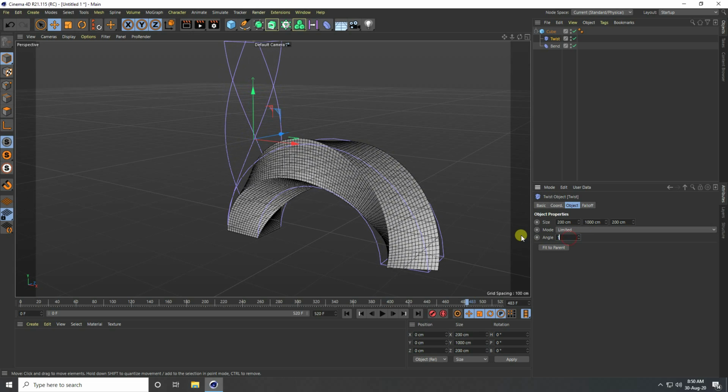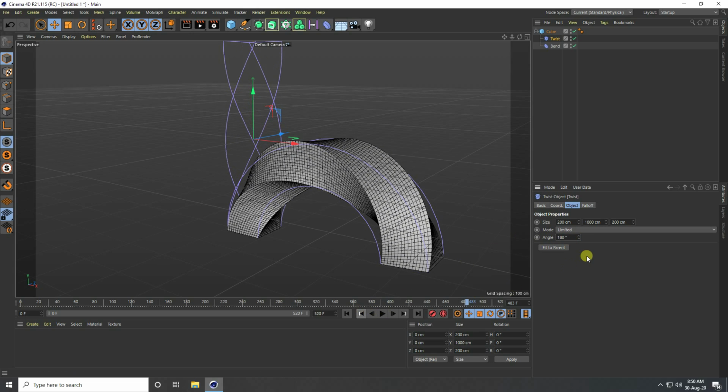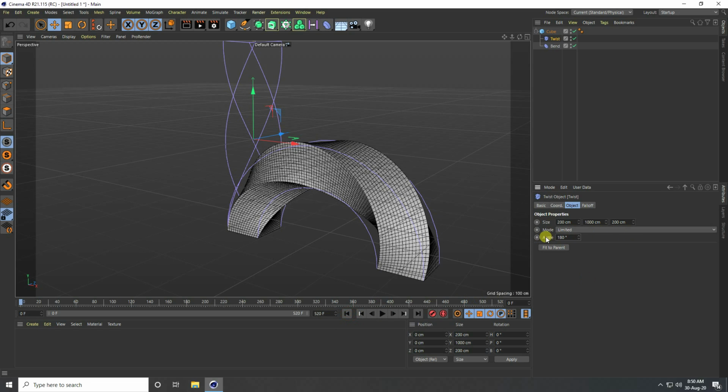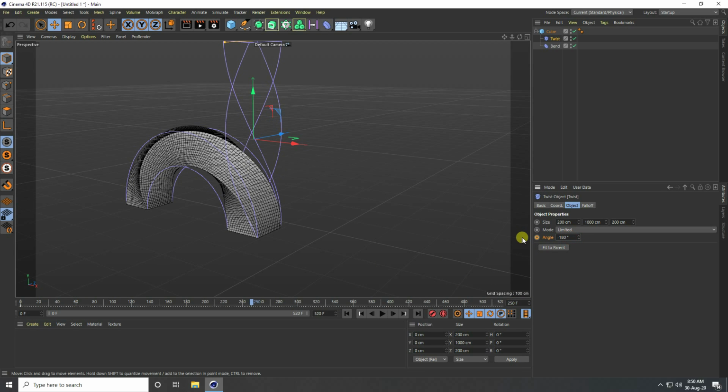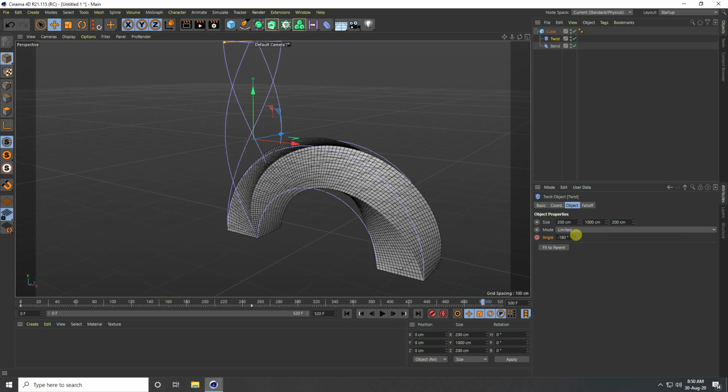Go to frame 0 and angle 180 degrees, check, and go to frame 250 and angle minus 180 and check, and go to 500 frames and angle 180 degrees.